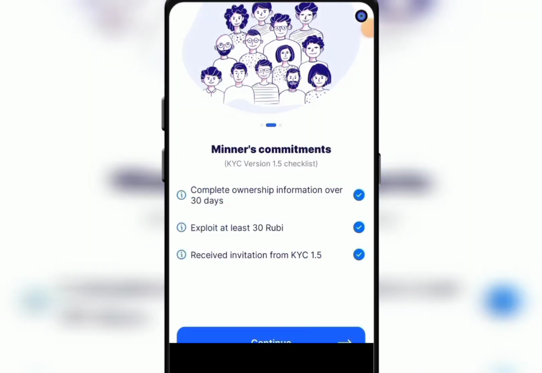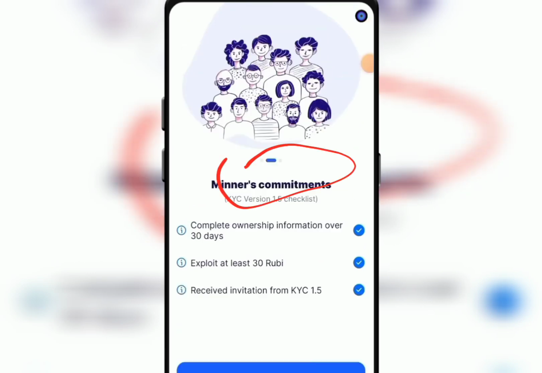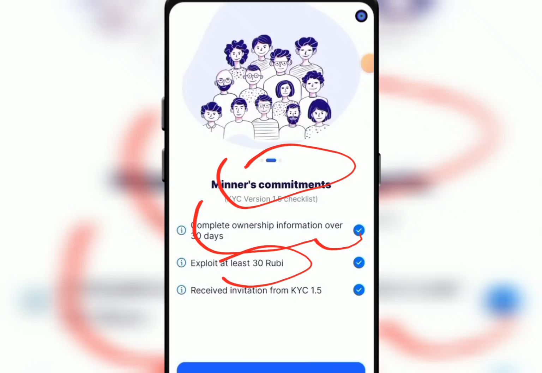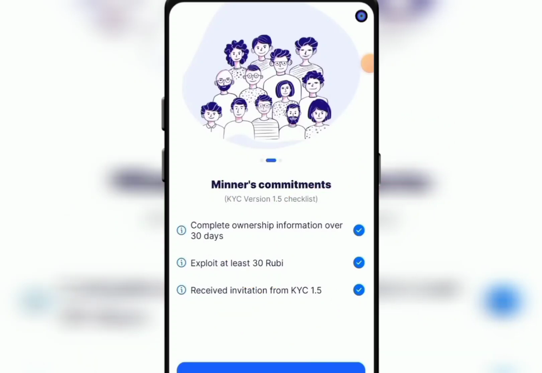Okay, so guys, the next step is these commitments. For you to complete your KYC on RUBI, number 1, you must complete ownership information over 30 days. I have done that. Exploit at least 30 RUBI. I have done that. Receive invitation from KYC 1.5. I have done that. So the next thing I'm going to do now is make sure everything here is marked. When you see them marked blue, that means you are good to go, and you are going to click